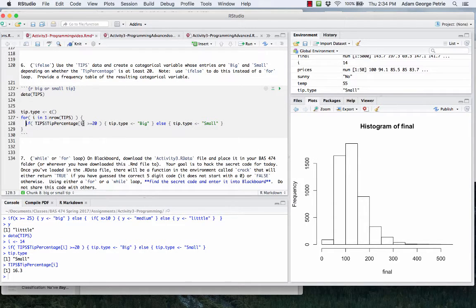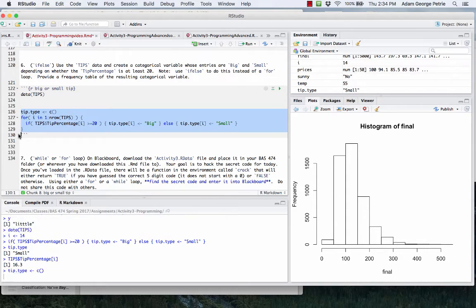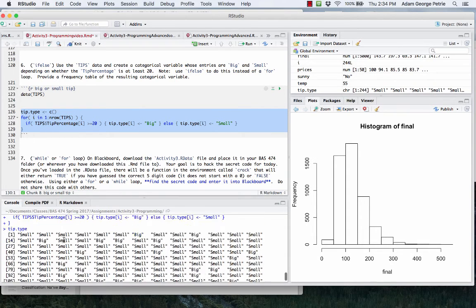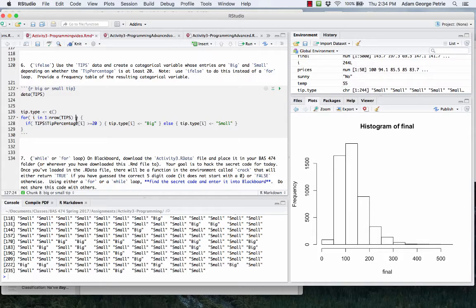If the ith value in the tip percentage column is at least 20, well, I want the ith element of tip.type to be big. Otherwise, I want the ith element of tip.type to be small. So if I were to do this, I could look at the values of tip.type, and they're all either big or small. So that's one perfectly valid way to do this, but there's a shortcut